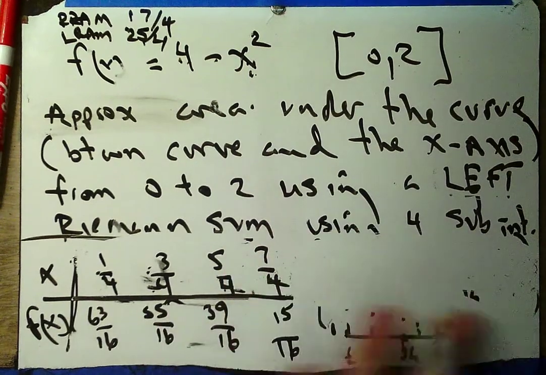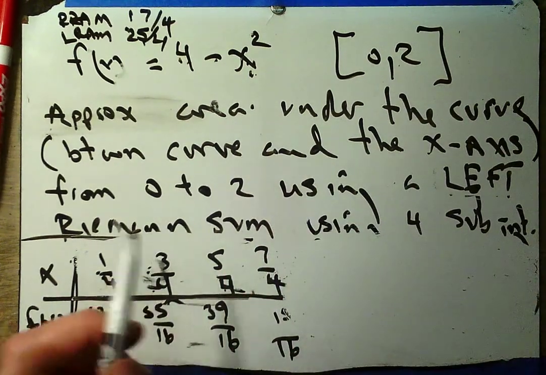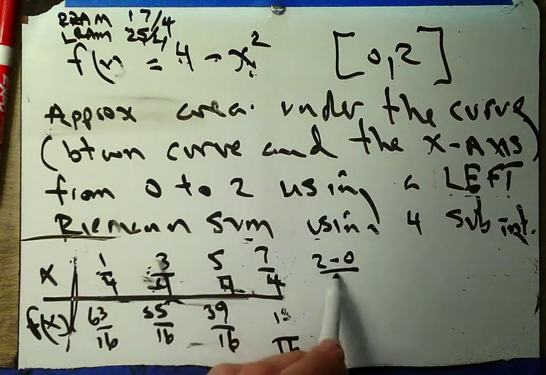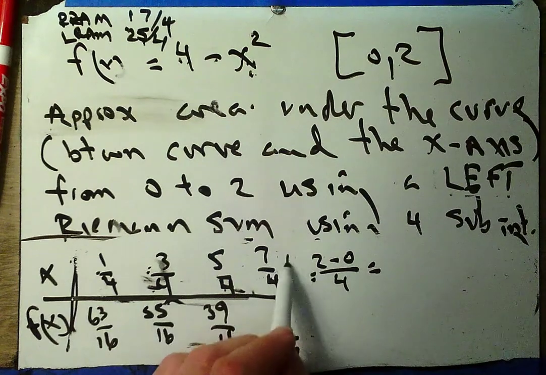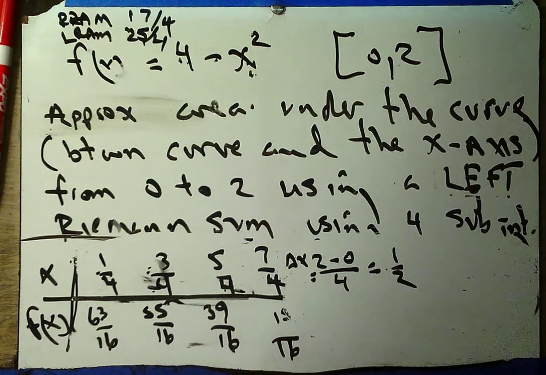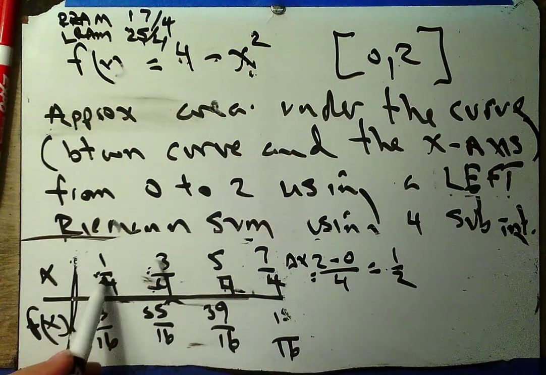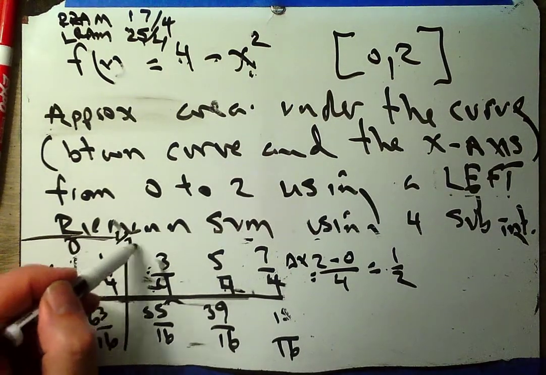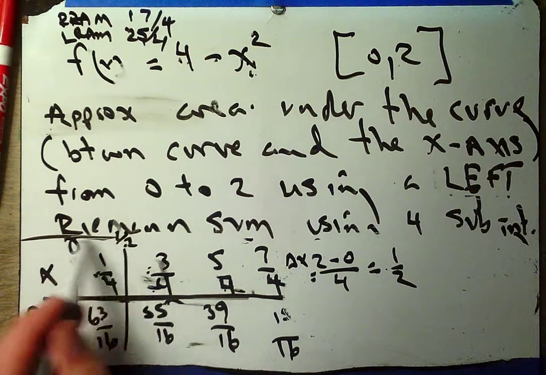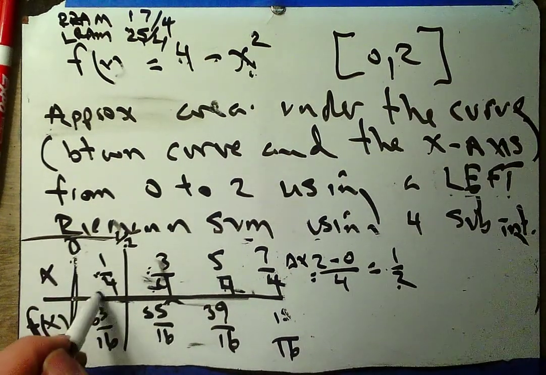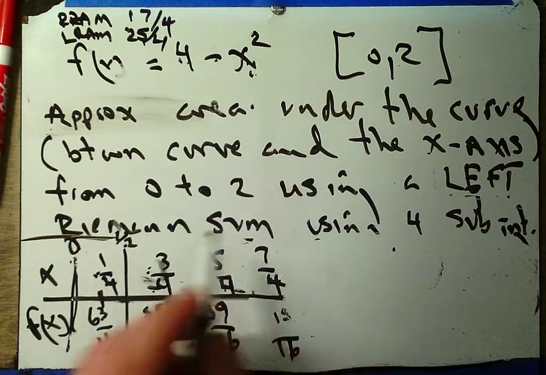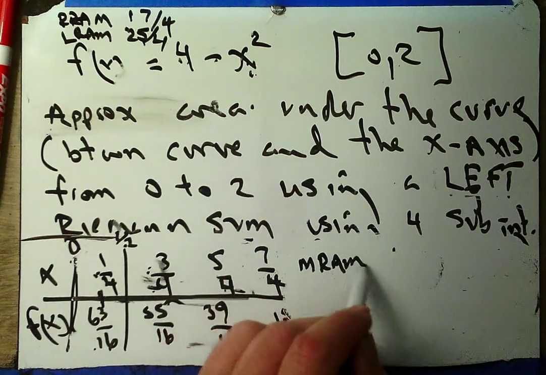So if I'm doing MRAM, I'm still using the subinterval width from 2 minus 0 over 4, subinterval width is 1/2. Okay? This is not the subinterval width. We're going from 0 to 1/2. 0 to 1/2 is this 1/2 subinterval width. We go to the middle of that interval, go up to the function to find this y value. So my MRAM in this situation would be